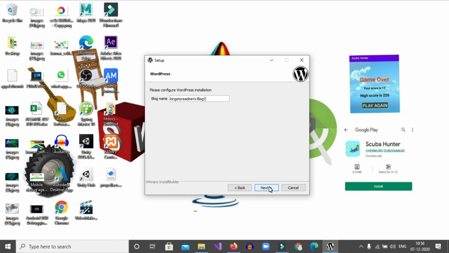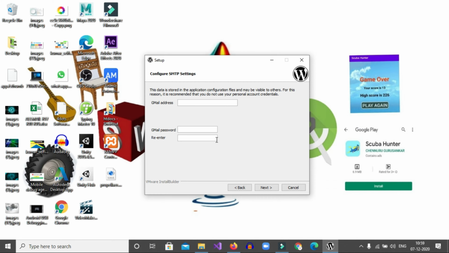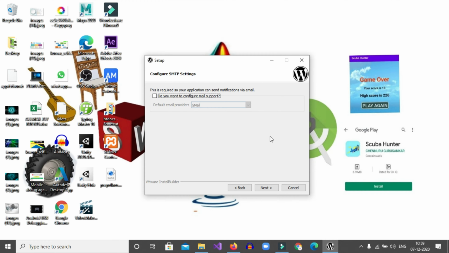Here you can give your website name, King Store. Okay, then click Next. If you want to configure mail support, you can check that. Then click on Next. If you enable this, it will ask you to give your email address and password. Okay, then click on Next.